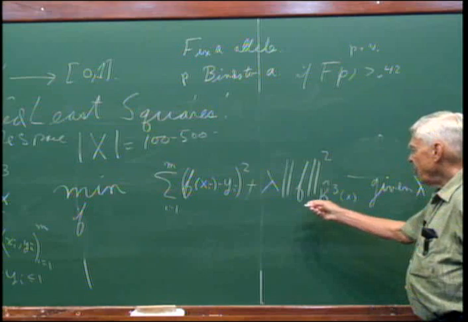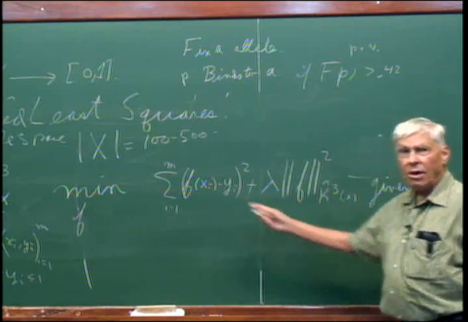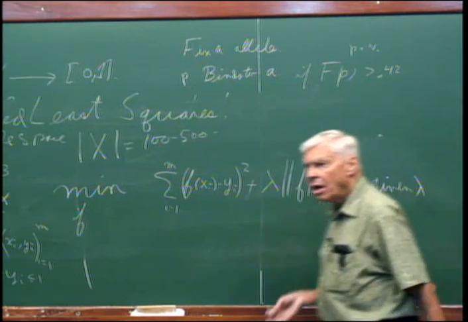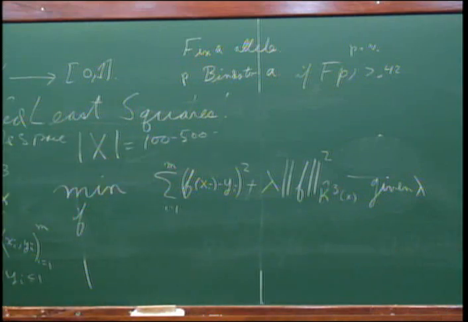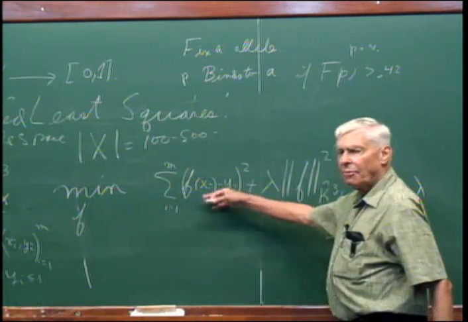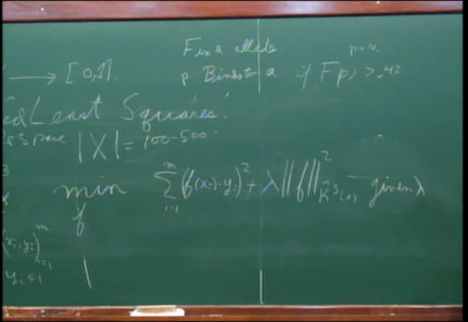And then just a little bit of work will give us the solution. It's a linear algebra problem, solving a linear system of equations of order m from this minimization. Because everything's quadratic here, it's very simple to write down a specific algorithm which gives that solution. So it's a very simple, robust algorithm. And this lambda is an important parameter. See, if lambda were 0, then one would get something like interpolation, which is a very poor algorithm.